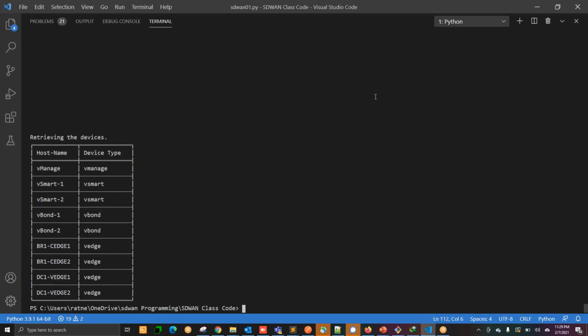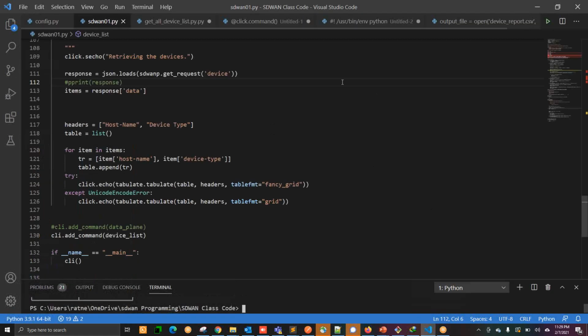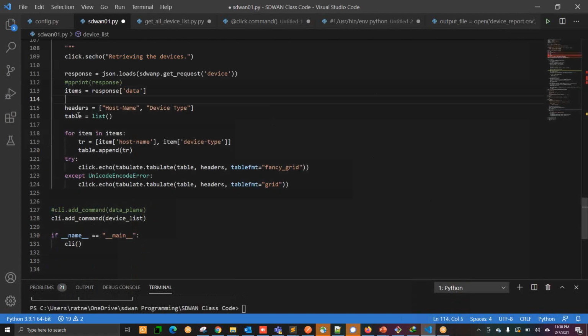Where did you click to disable that print PP response? Yeah, here you can see I commented this line number 112. Once you comment, it doesn't work. Okay. Yeah, this is just a comment statement. It will not work. When you say disable, I thought you pressed somewhere. You just added a comment sign. Okay. Yeah. So you can add one comment line and it will disappear because this is the comment line.